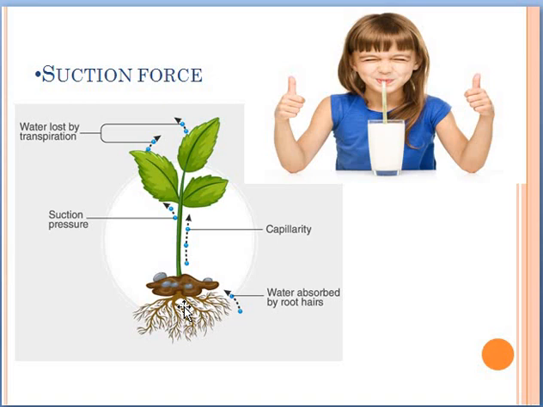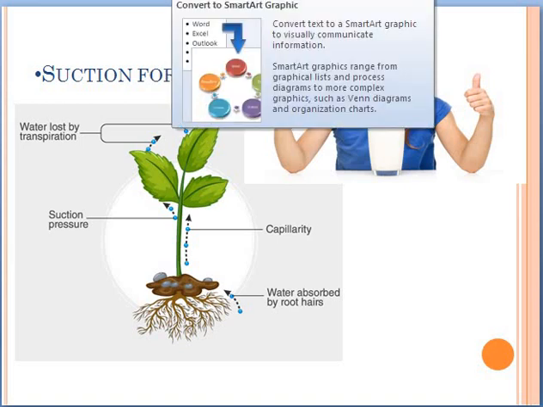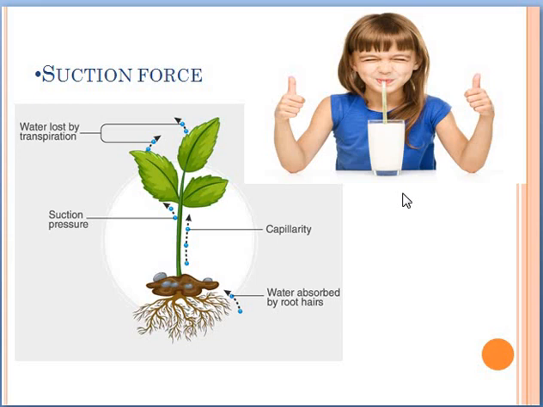And cohesion, adhesion force you would have studied in the last lesson. So all these things will be helpful in moving water a little bit. This is the major force which is taking in water for a long distance. Even in a very tall plant like sequoia, that redwood tree, the very tallest tree in the world, even that sequoia tree is doing this kind of long suction, like the water is going to a very high distance, like very height the water has to go up. So that is created by this transpirational pull. So transpirational pull is creating a great suction force in the plants.